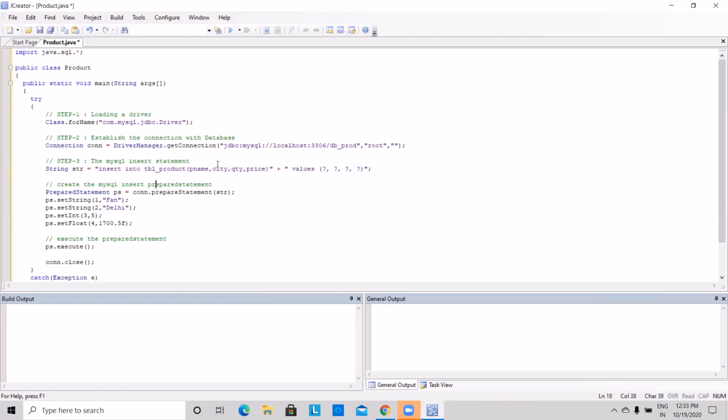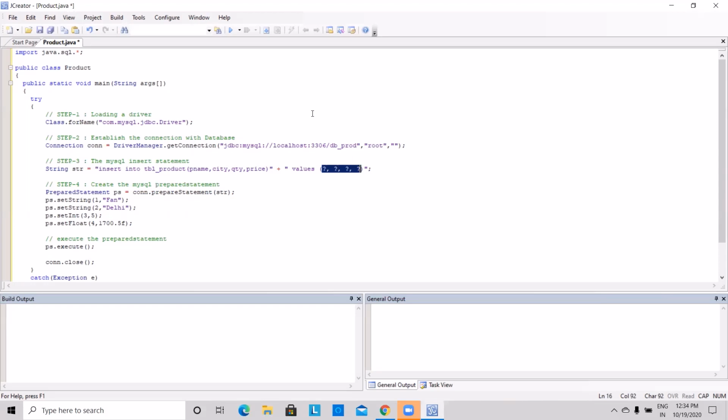Now let me move to step number 4. In step number 4, I want to create a statement. Here I am creating the MySQL prepared statement. Let me tell you something about the prepared statement. A prepared statement is very useful when you want to send a parameter.